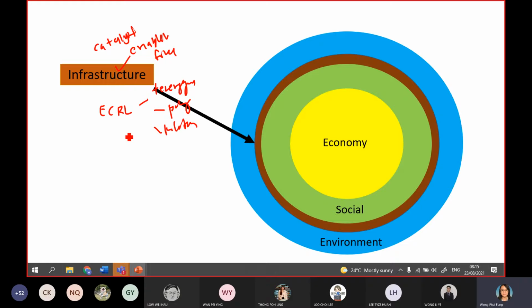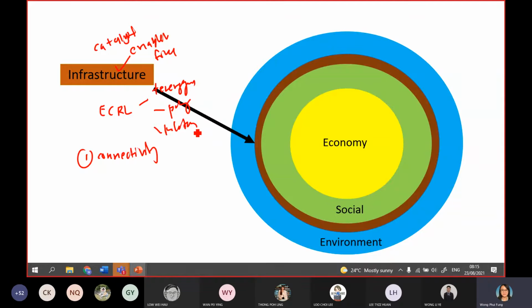The first benefit is to improve the connectivity. Previously, if you want to travel to Terengganu, Pahang, I think the farthest is Kelantan. It's very, very far. In my life, I only traveled once by bus. I think it took me 15 hours from KL to Kelantan. So that is the tedious way.